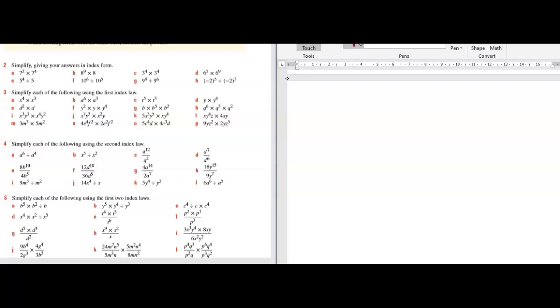Okay, so let's do I. So we're looking at 4I now. 9m cubed divided by m squared. Okay, so the 9's not dividing by anything, so we can just leave that 9 there. Then we've got m to the power of 3 minus 2. So 9m, 3 minus 2 is 1. Now we don't usually write it as 9m to the power of 1, we just leave it as 9m. You can, if you like, convert this into a fraction or write it as a fraction, and then you can easily see,